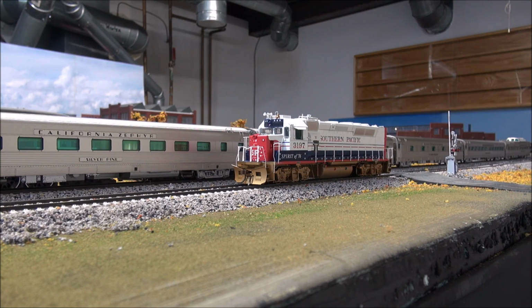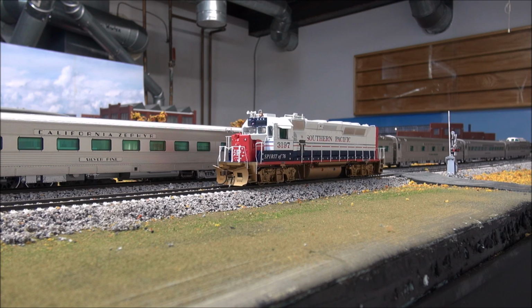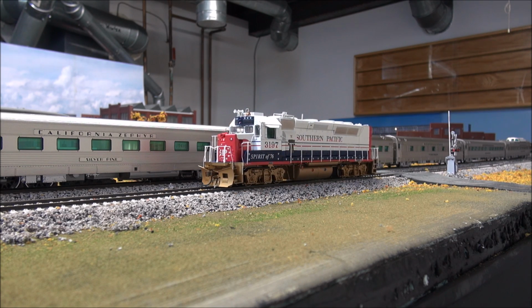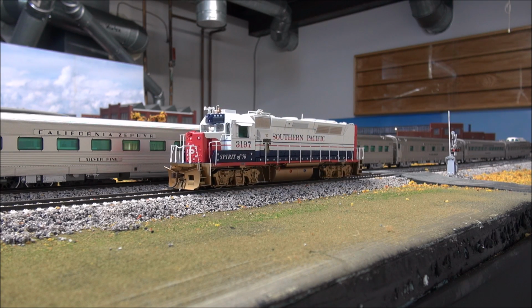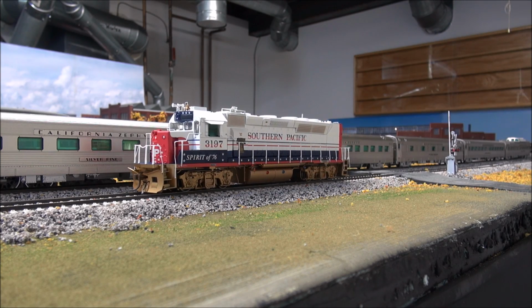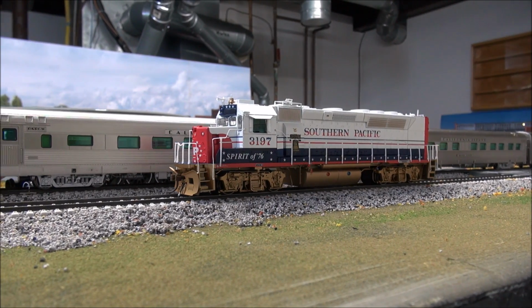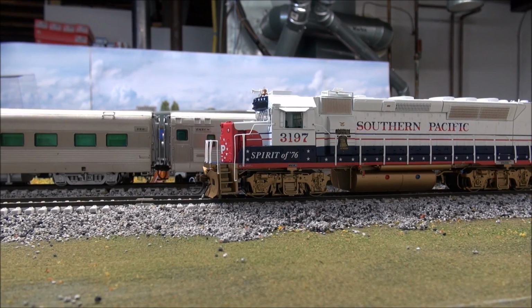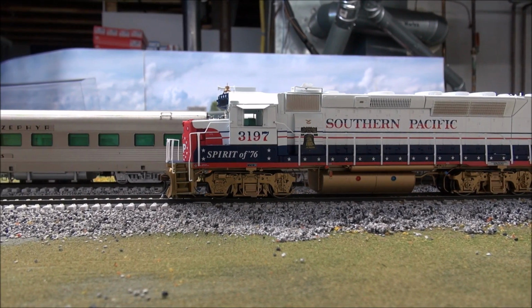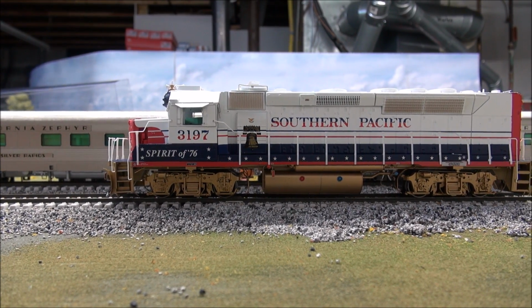I'm going to mute the locomotive to listen to engine noise and move it at 1 speed step out of 126 on my MRC Advanced Square Elite. Very, very quiet motor. 1 speed step is inching along there. 2. 3. 4. And 5. So very good motor control of the Tsunami 2 decoder, along with the Athearn